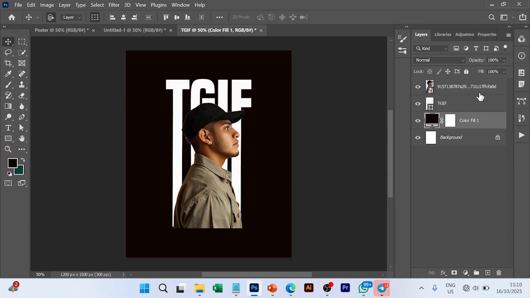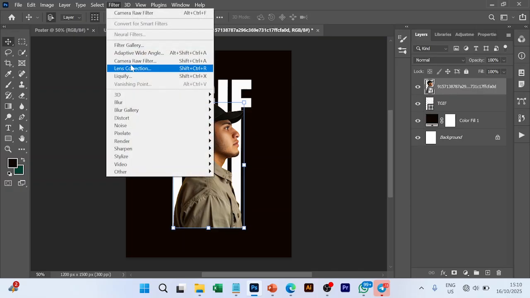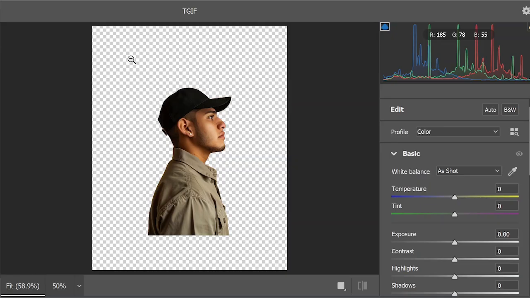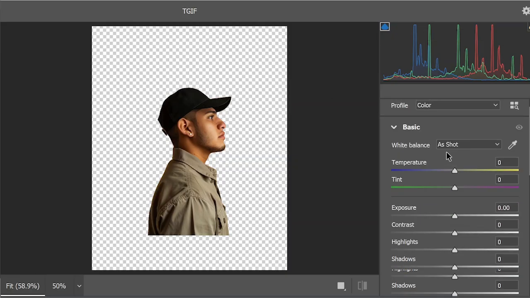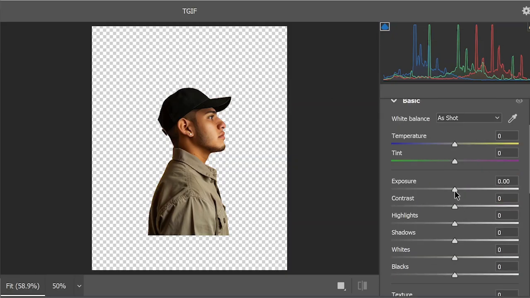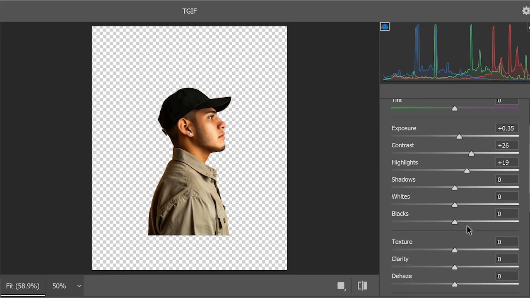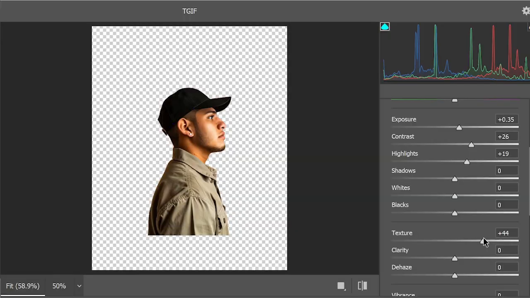Awesome. So one thing you are going to do, select this image and go to filter, go to Camera Raw filter. We are going to pop it up to enhance the image the more. Alright, so just go to this copy, give it more exposure, increase the contrast, increase the highlight, then go to texture, increase the texture, increase the clarity